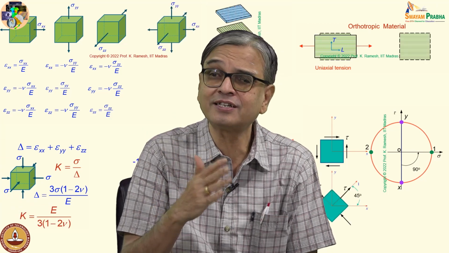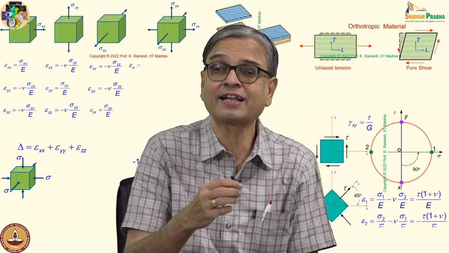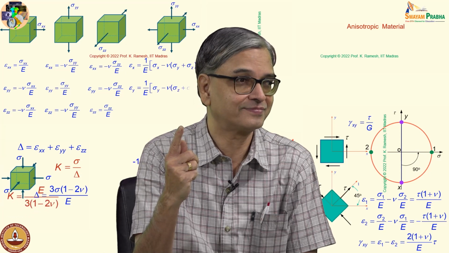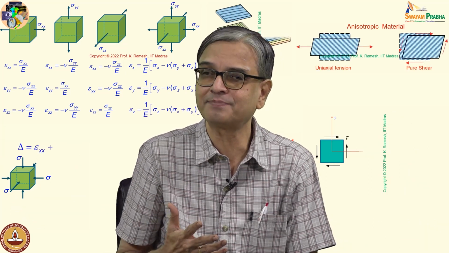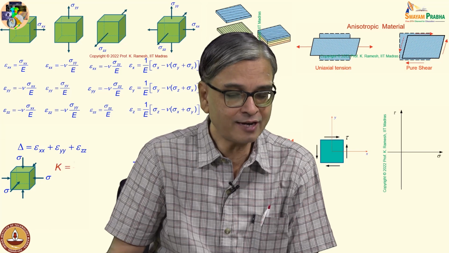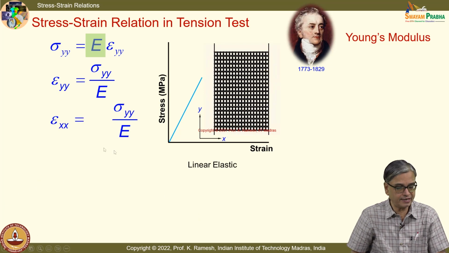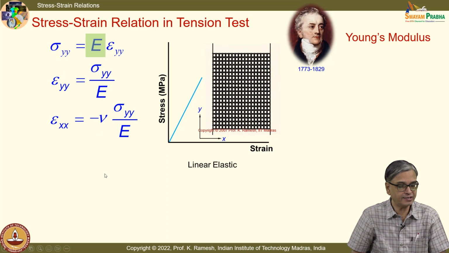People didn't know that it changes from material to material, and they were thinking that you can characterize the isotropic material with one elastic constant, because if it is one elastic constant, then my life also becomes very simple. So people have made crude assumptions like that, and only later they found out. So people have found that the epsilon xx is related to the strain in the y direction